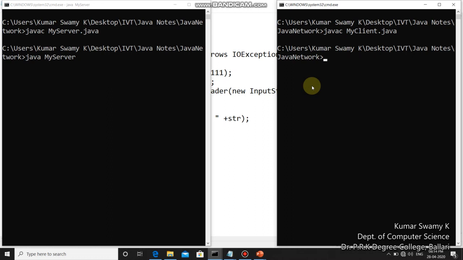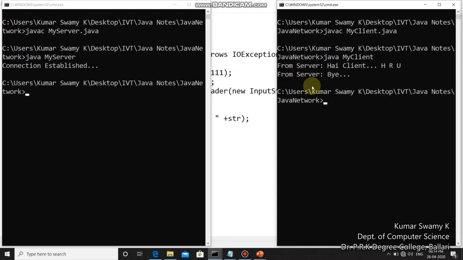So for that I have to compile, so I have to run my client program also. Run it. The moment I run the client machine, you could see that immediately a message will be displayed at the server side as connection established.